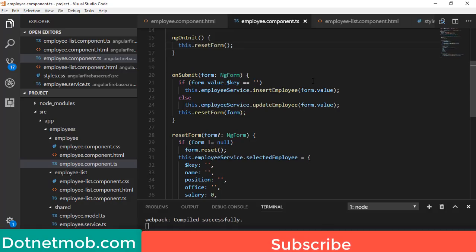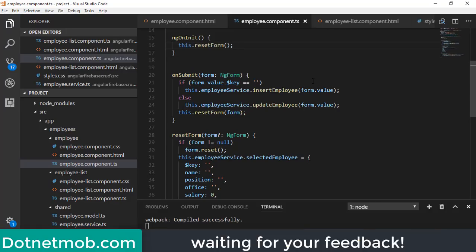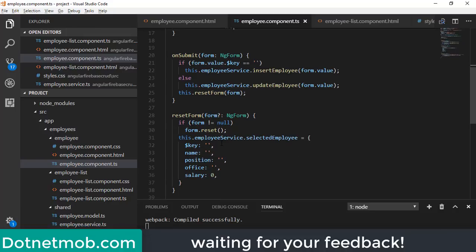Finally, I want to make a few corrections here. Here we have set the default value of the hidden field, that is $key, as empty string. When we call this form reset function, it will set hidden values to null. Even though we are setting it as empty string, this function makes hidden fields null. I don't know why it happens, so I decided to make null the default value for this $key.